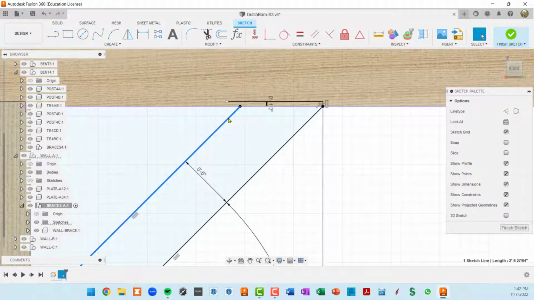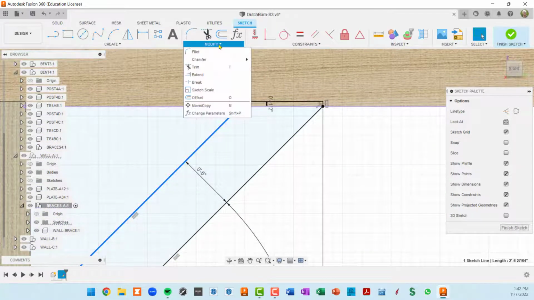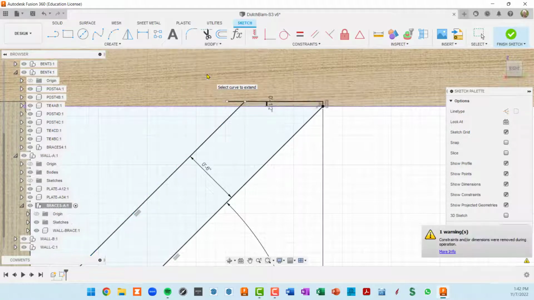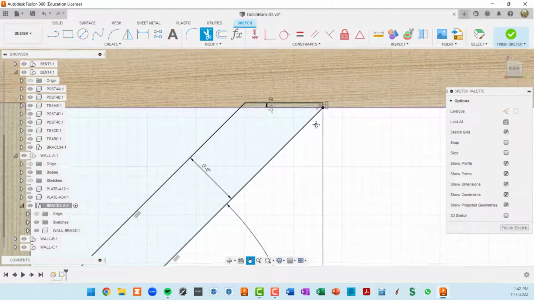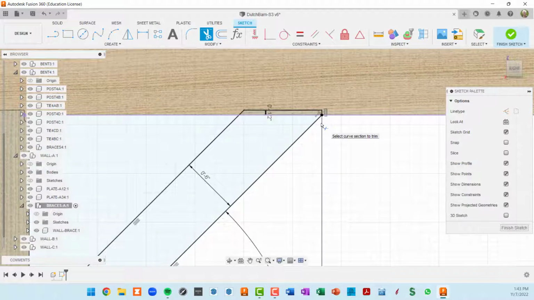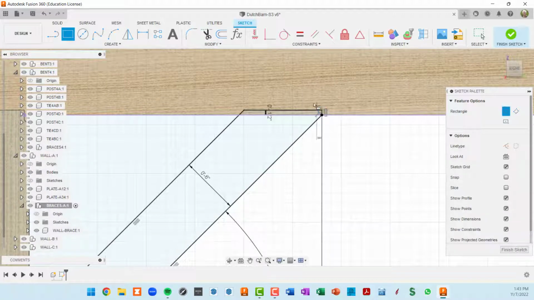If I take this line and go up to modify and do an extend, it's going to extend that line till it intersects the horizontal line. And then I can press T for trim and cut this piece away. And now I'll get into my rectangle tool and I'll click here and go in this direction, tab over, and